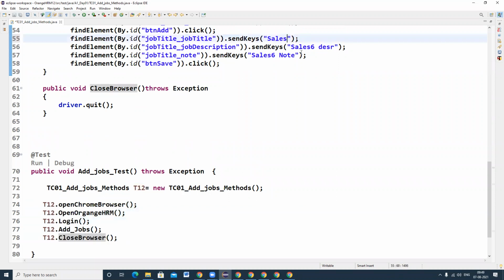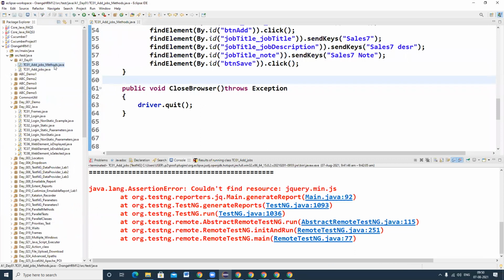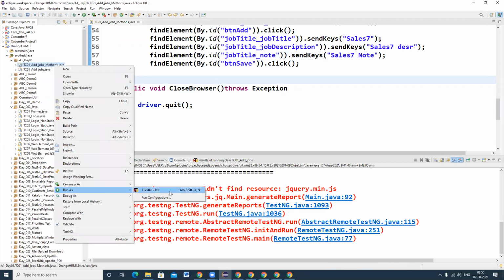I'm changing my input data, sales 7 and sales 7. One second. Okay, now let me run my program. Right click, run as TestNG test.